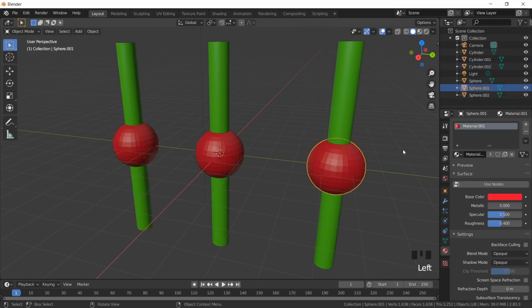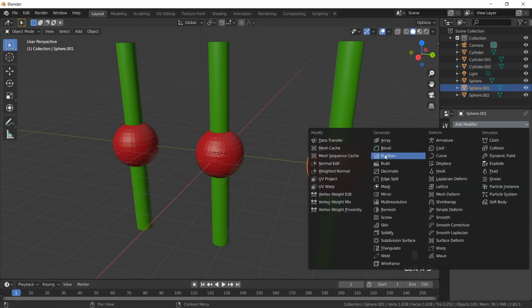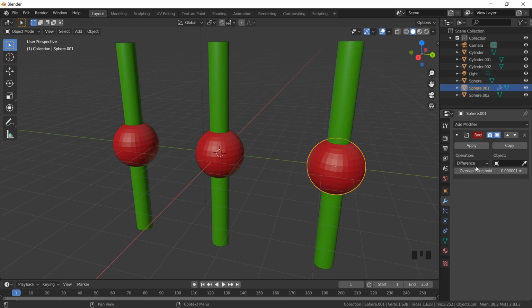So first I've selected my first object. I will go to modifiers and select the Boolean modifier. Now first let's try with difference. Since I want to work with two objects, I want to see what is the difference of the sphere with the cylinder. So let me select the cylinder over here using the picker. I get the name cylinder over there, that means the cylinder is selected.